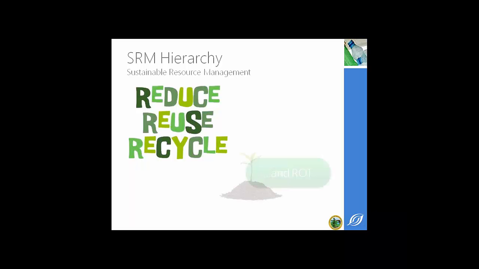And then, of course, we have this new term. We've added the fourth R in recent years, which is rot. Really it's composting, but you can't have 3 R's and a C. So our 4 R's, we add rot. And that one has become very important and will continue to be a very important piece of the system as we progress with a lot of the programs that are going on. So think about maybe some other R's that you might have that could help us in our SRM system and help us individually make changes.